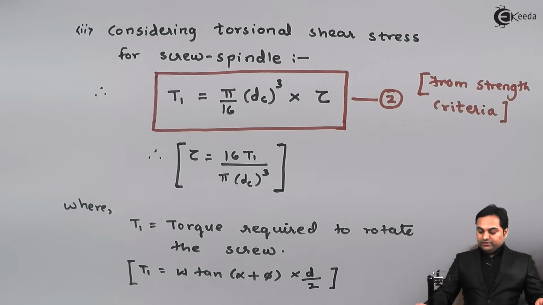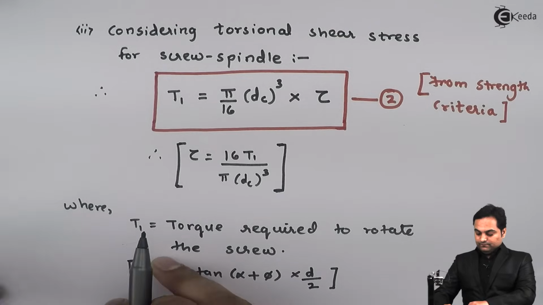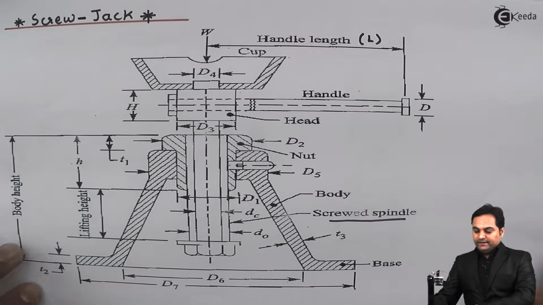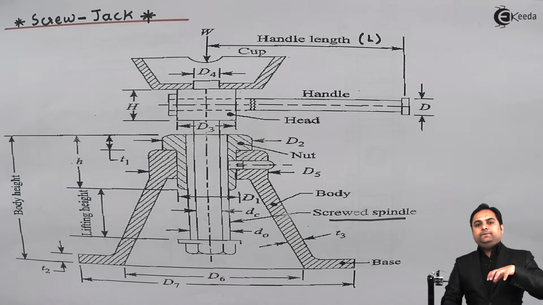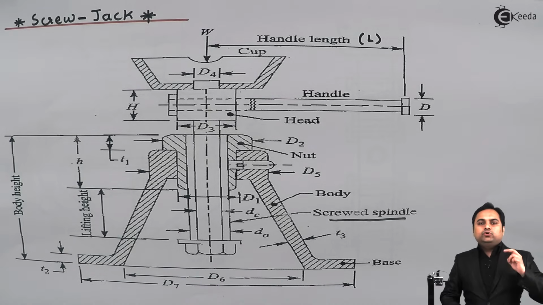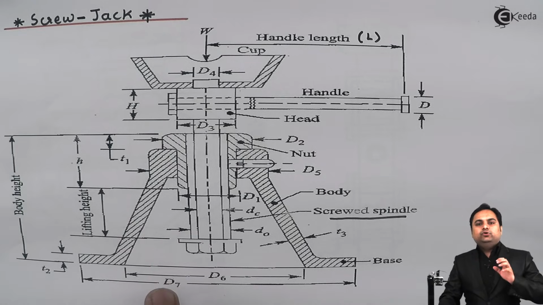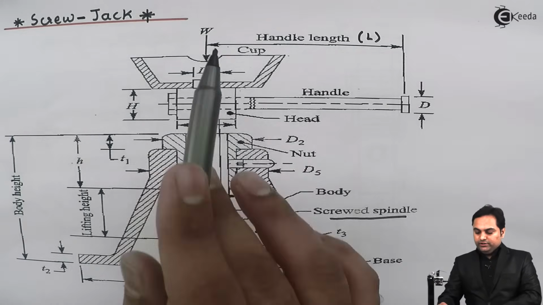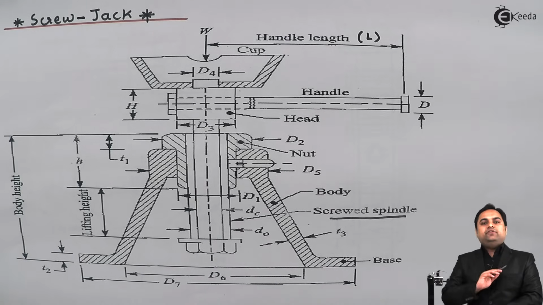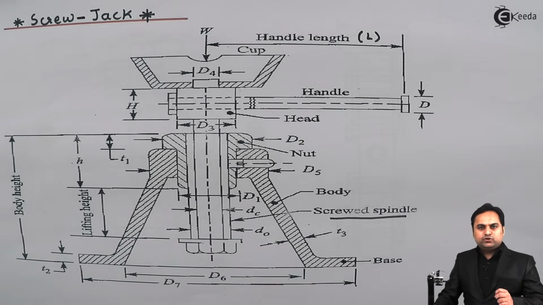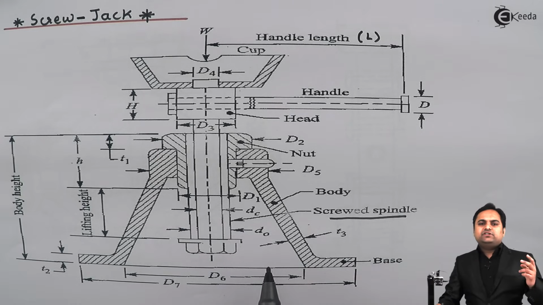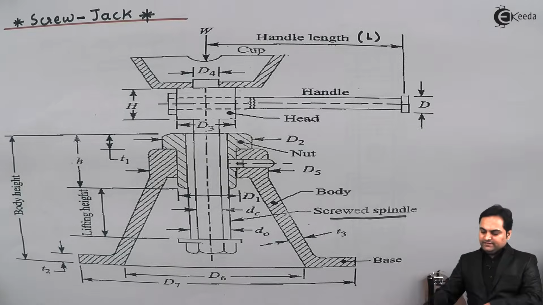Once we know T1, we can easily calculate the value of shear stress. Now, one more important concept here is that we can see from the diagram that this screw jack is subjected to compressive load from the top. Load is kept and then the screw is rotated with the handle. So there are two stresses acting at the same time on this screw: first, because of the load there is compressive stress, and because of the rotation of the handle there is torsional shear stress. So whenever a member or screw is subjected to two stresses at the same time, we can write it as